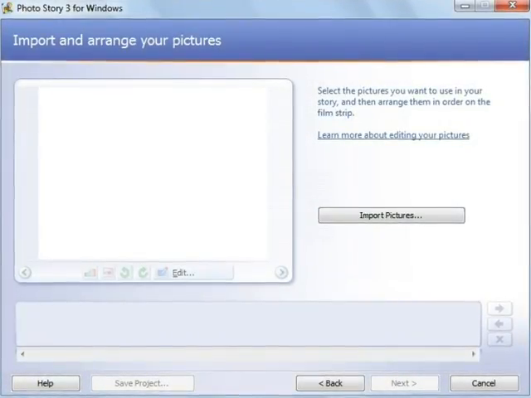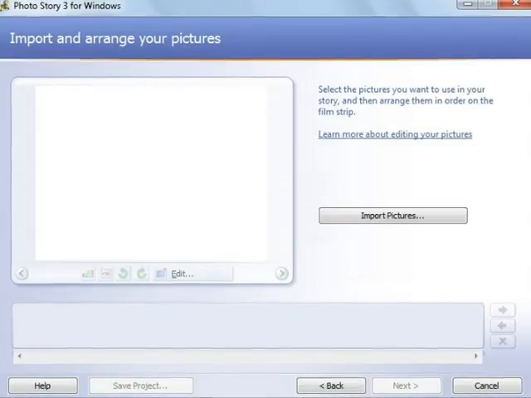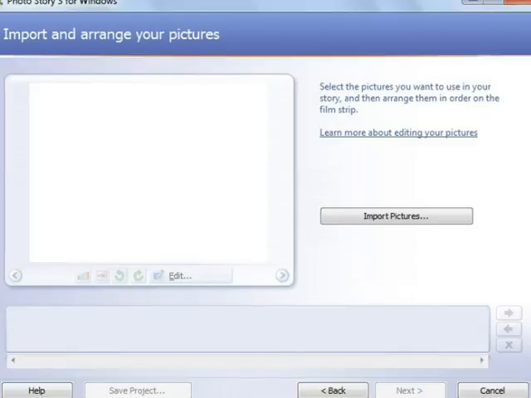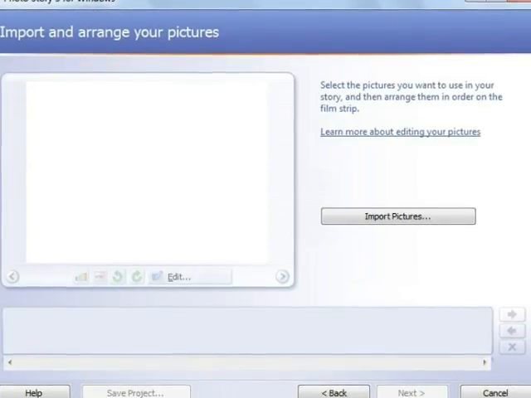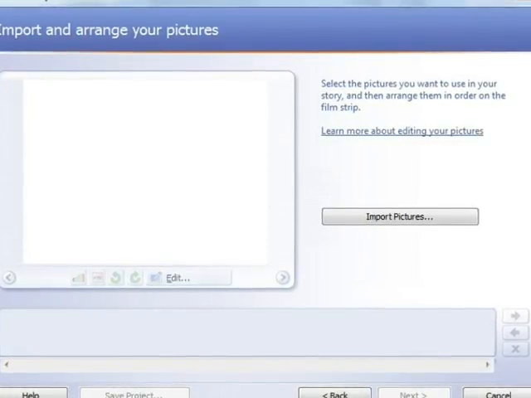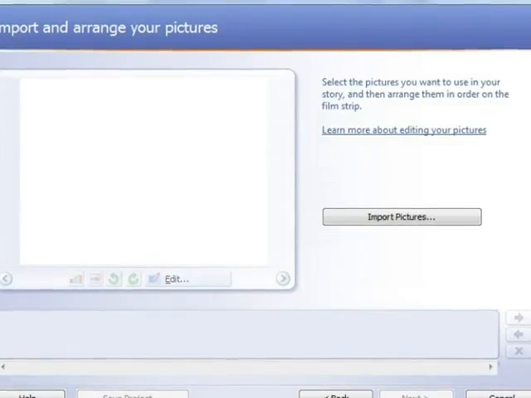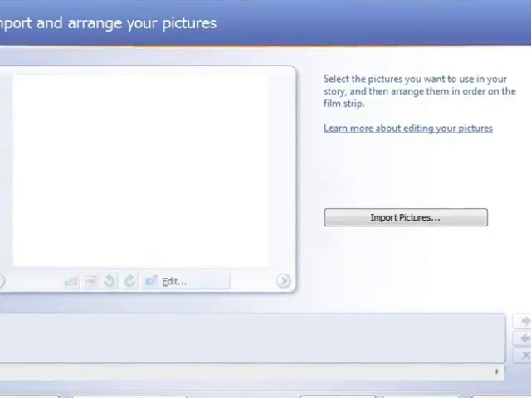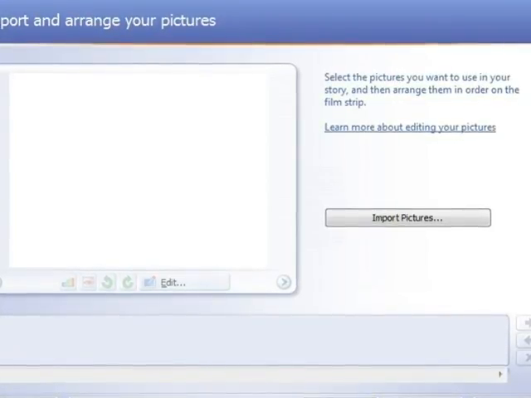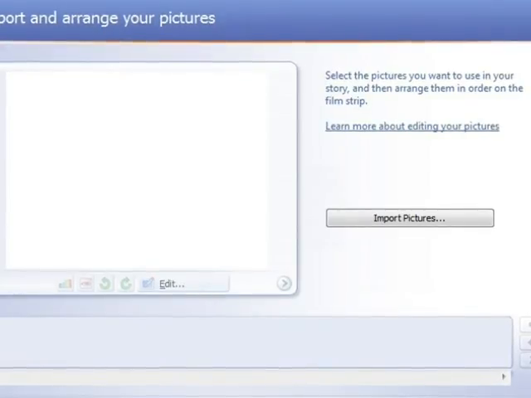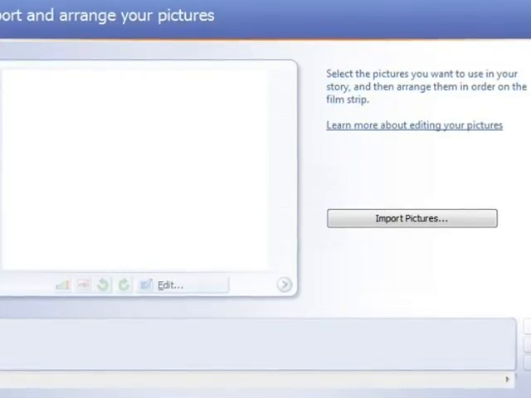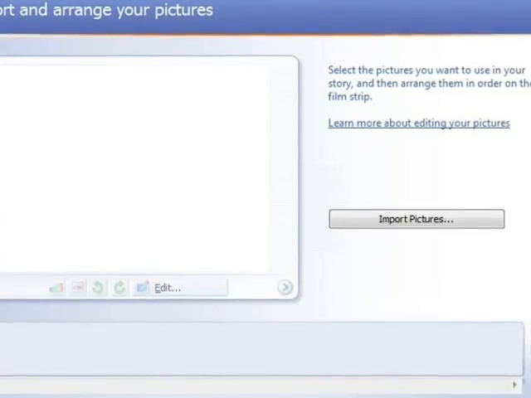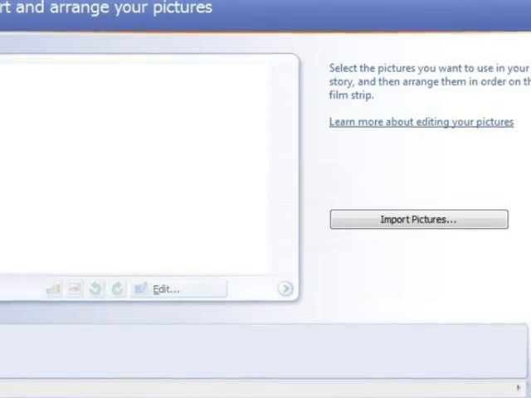The next screen you come to is the one I already showed you. The only thing you can do on this screen is to import your images. So you click on the big button that says Import Pictures. You select the pictures that you want to use, and you can either do them one at a time, or you can use your Shift or Control keys as you click to select batches of pictures and bring them in. And as you can see down here at the bottom of my screen, they're arranged in a certain order. This is my timeline. And I can drag the pictures around on that timeline to get them in the order